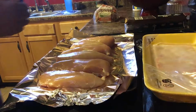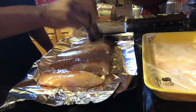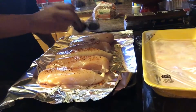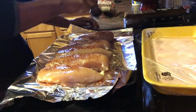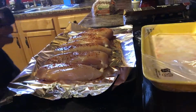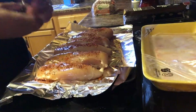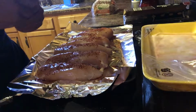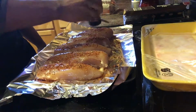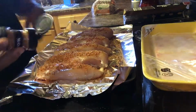All right. So again, I put a ton of seasoning on my chicken. I mean, why the hell not, man? You know what I'm saying? Man, you have to diet anyway, so you might as well make the best of it. And of course, if anybody's wondering, there's no calories in this, so for all my people who are new to the fitness community. That. And then it's already smelling good. This on there. I just want you guys to get a gist of actually how much seasoning I put on my chicken, because